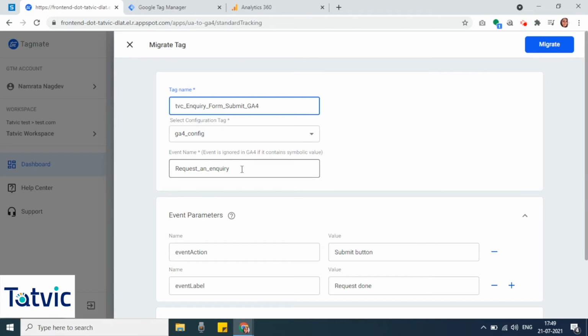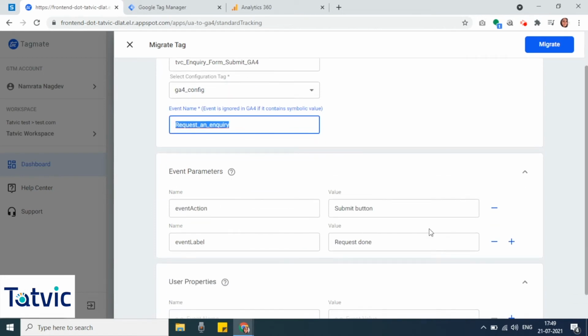You can see that the event name has been pre-filled along with all the event parameters. In UA, event category translates to event name in GA4, while event action and label translate to event parameters respectively. You have the option to edit the name or the value of these parameters.